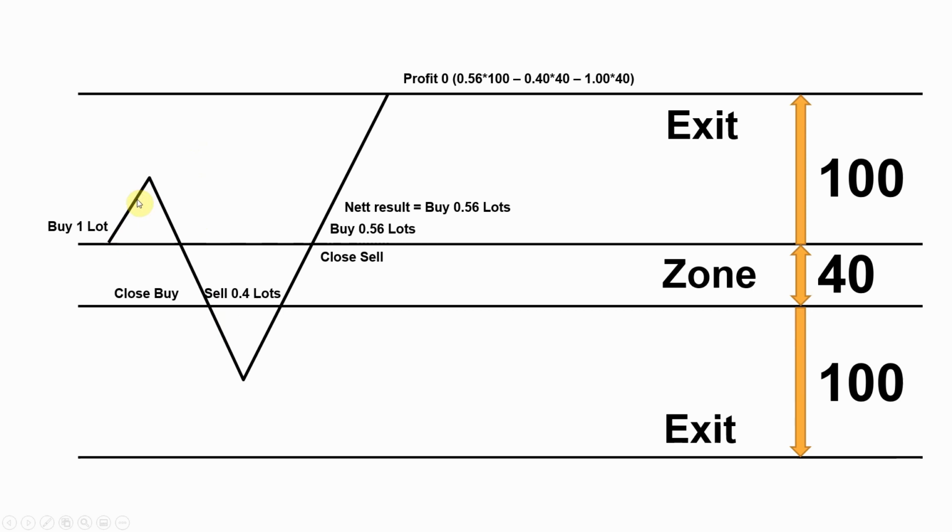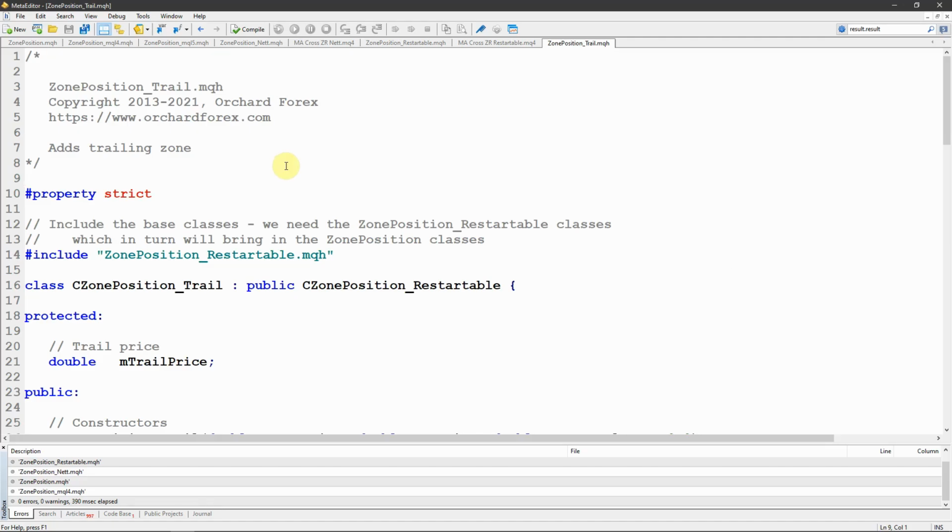So what I'm going to do is show a technique so we can implement a trailing stop on this first leg only, because once I have crossed the zone, then you can't really apply a trailing stop because you must reach the exit in order to come out at zero loss. But for the first leg, if this first leg moves far enough, you may want to implement a trailing stop so that rather than go into the zone and then go into a zone recovery mode, you simply take the small profit that you have and carry on. In the final modification, or the final option, and this is the trailing stop class,